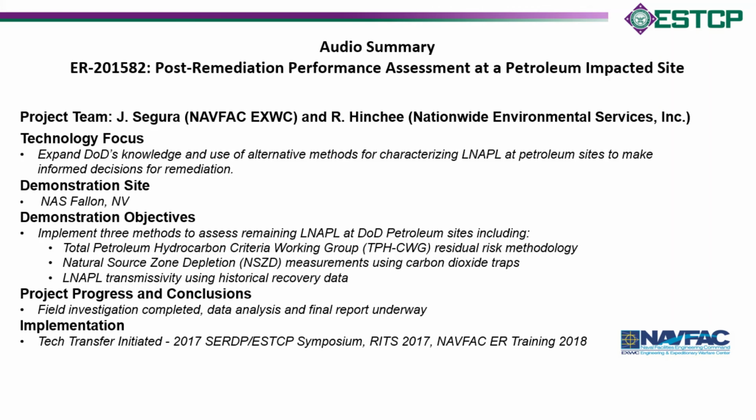But wrapping up here, to reiterate, the risk-based approach offers a possibility of a technical basis for closing petroleum sites or greatly reducing costs by transitioning to more passive recovery. And considering that our test site is very typical of many DoD sites across the country, this approach will have broad applicability for several of our sites